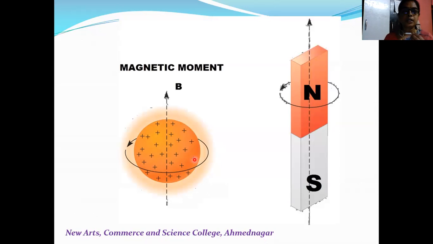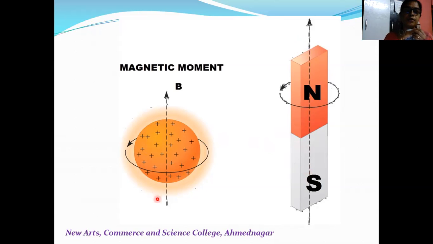Consider this image comparing a conventional magnet and a spinning nucleus. Now these two things are compared together. What is the reason why they have been compared? This is a magnet. It shows magnetic properties, which means it has a magnetic field. The magnetic moment works in a certain direction. It has a north pole and it has a south pole. These are the properties by which a magnet can be characterized.